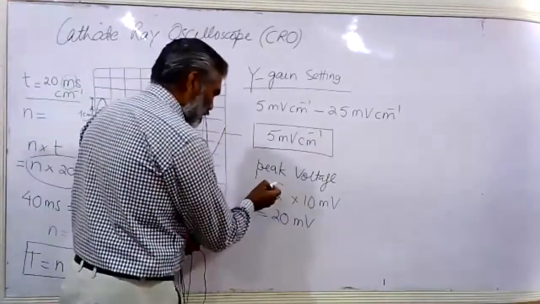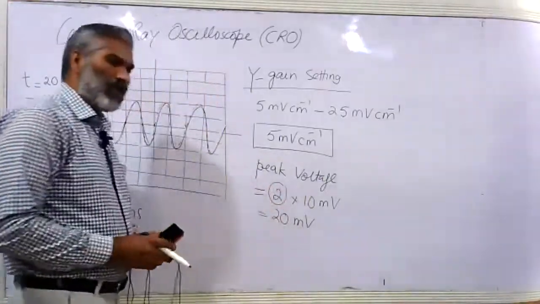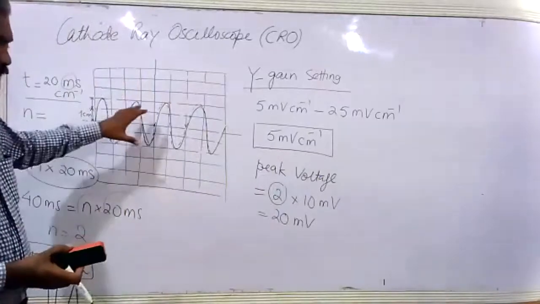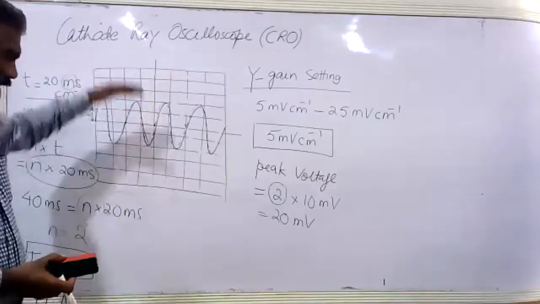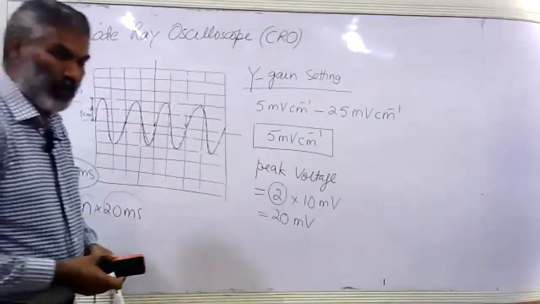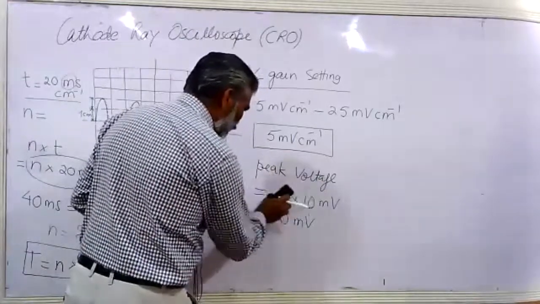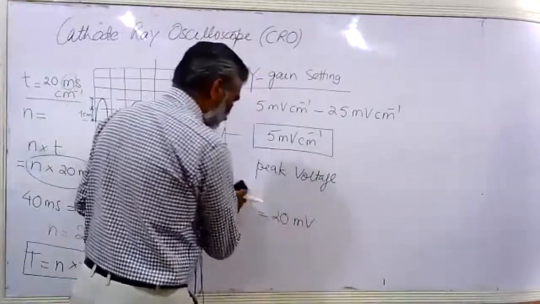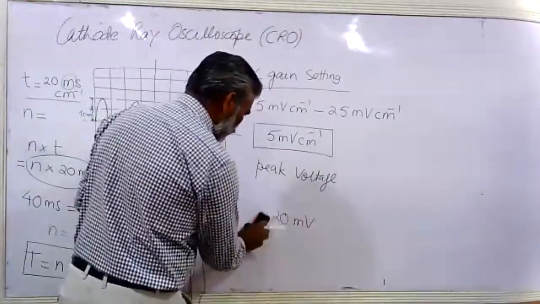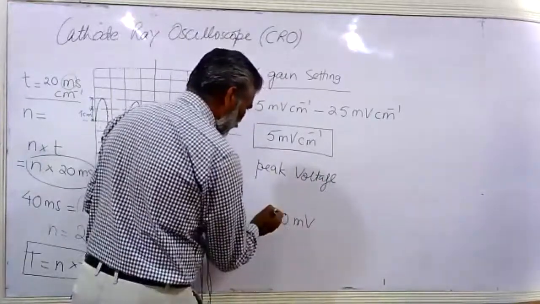Instead, the number of boxes in which the trace should fit along this direction now will change. And that means, again, peak value will now be, although this is 20 millivolt already calculated,